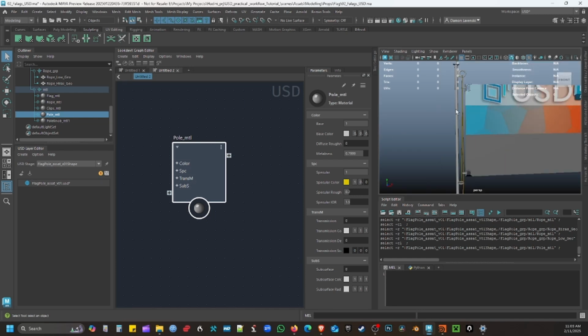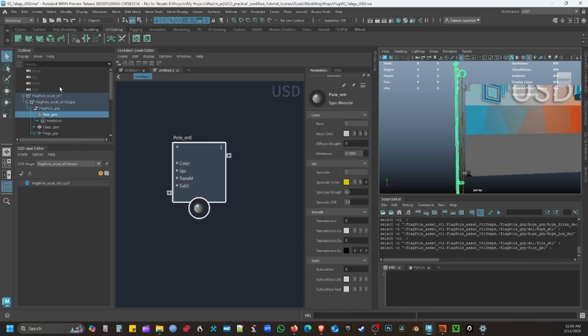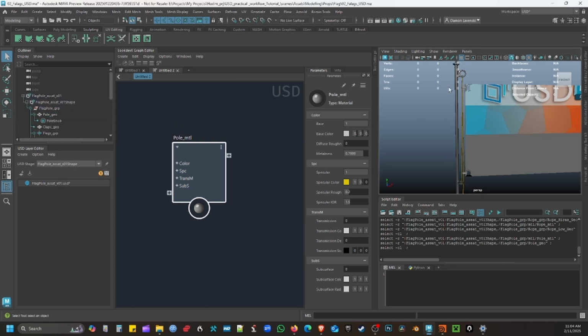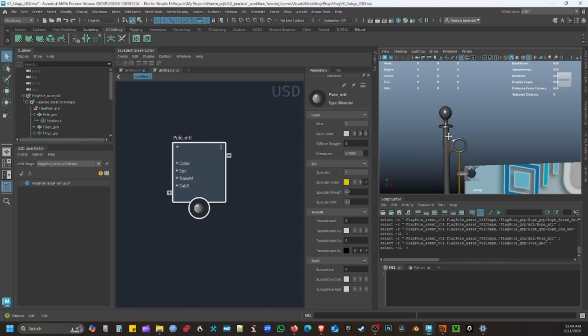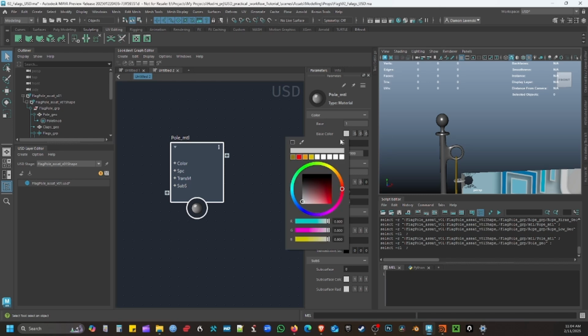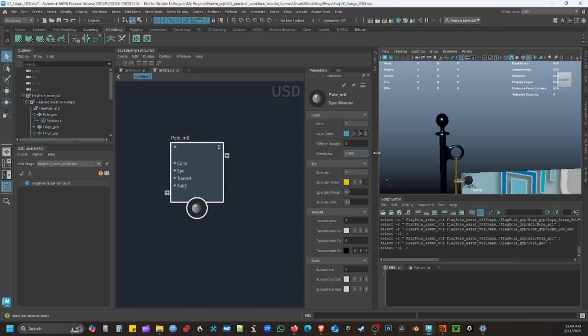So let's go over here, and for the pole, I'm going to choose the pole. And notice that under the pole we also have component tags that we created for the knob. So I am just going to assign the pole, assign, and you can see it's now got a color because I assigned a color to it. As you can see, if I go to the pole, I can go here to base color, and let's give the base color like a blue, something like a light blue, and then we want to kind of make this, let's say,